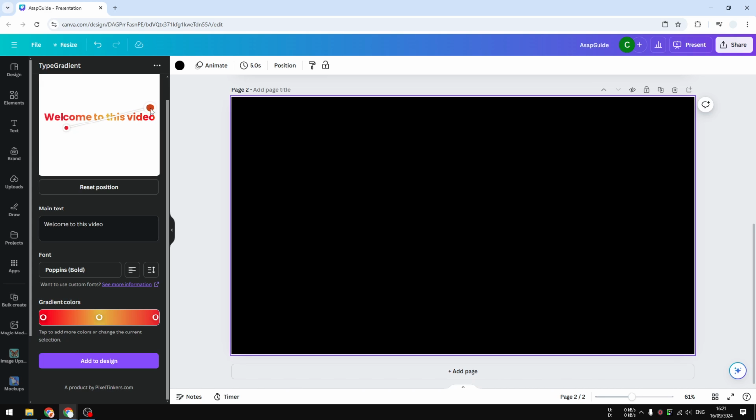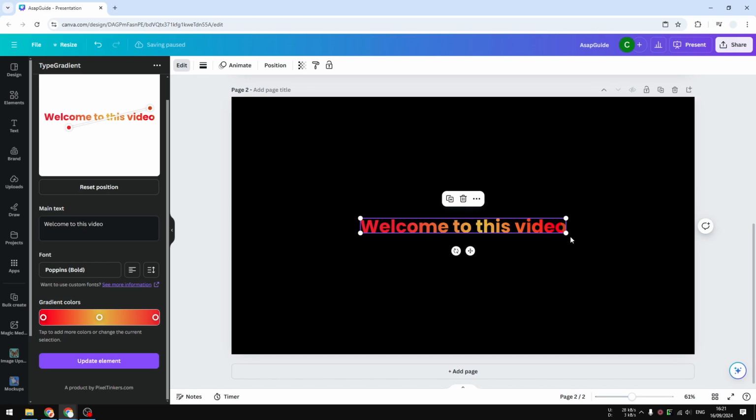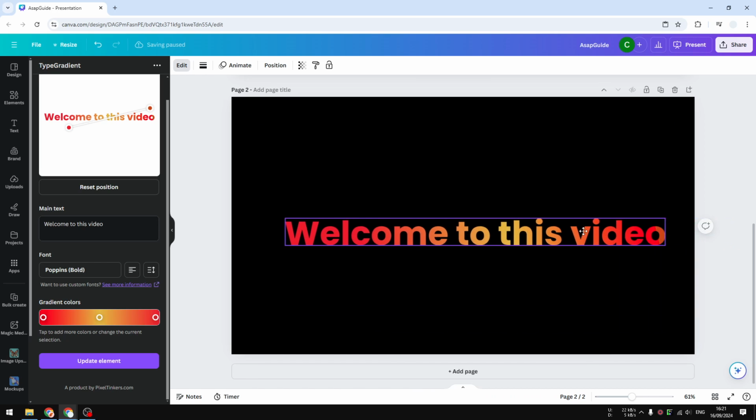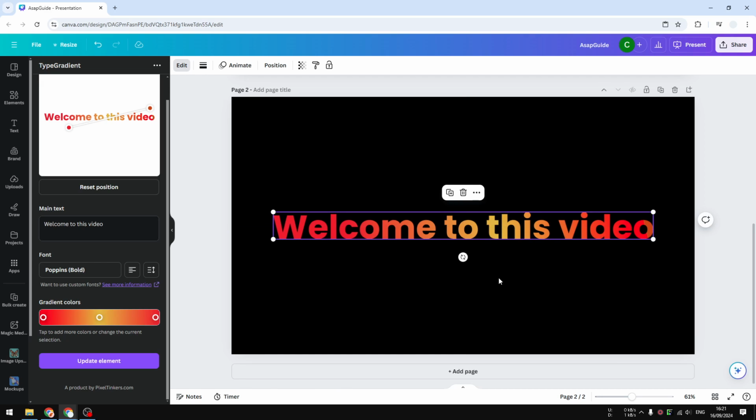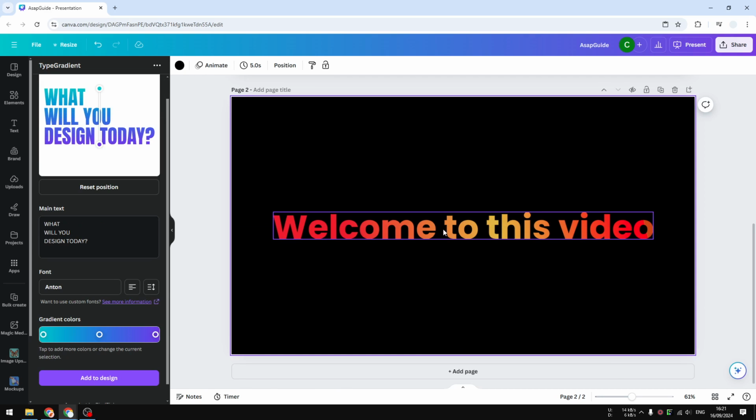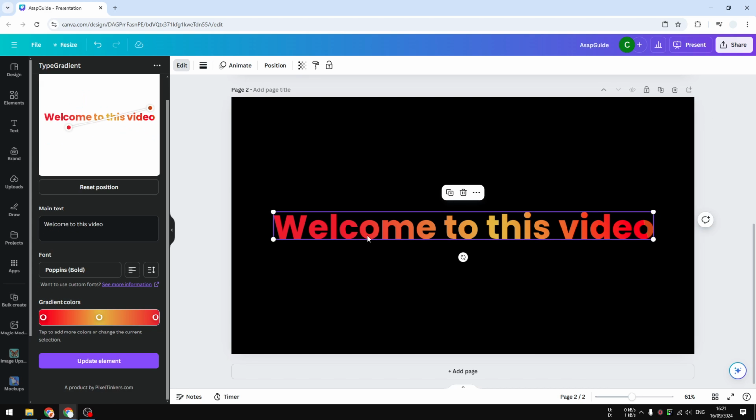Okay, I'm going to put it around here, I think, right? And when you are done, you can click add to design, and there you go. Let's make it bigger, and I'm going to put this text into the middle of the canvas. Now we have this text that has multiple gradient colors, and this is not being treated as a regular